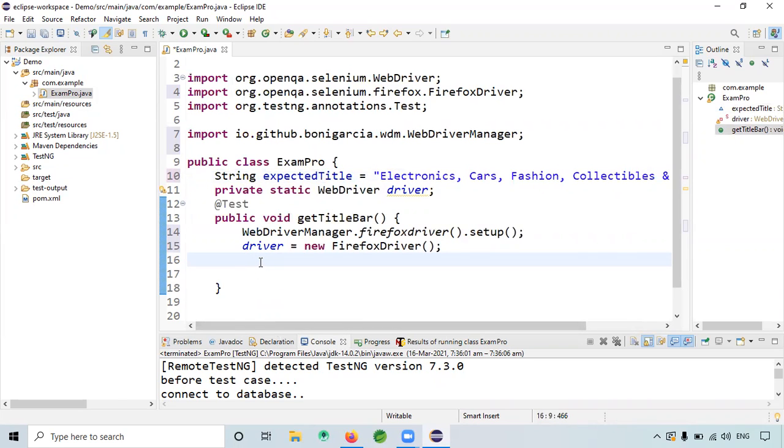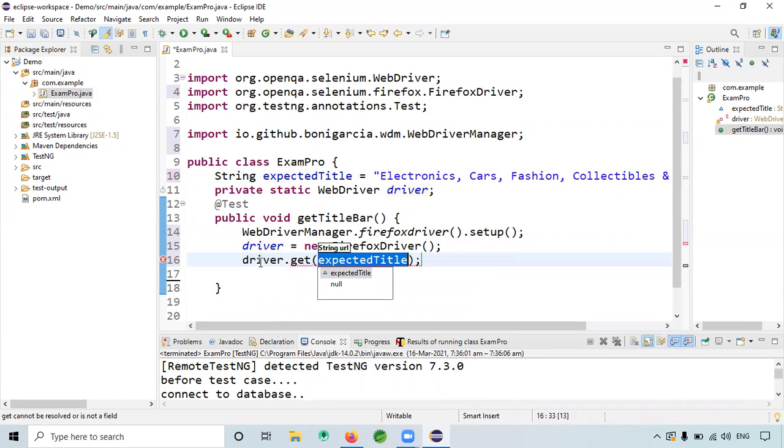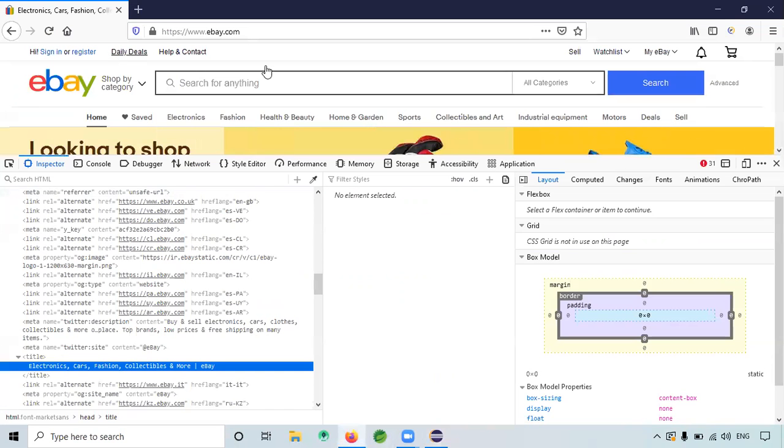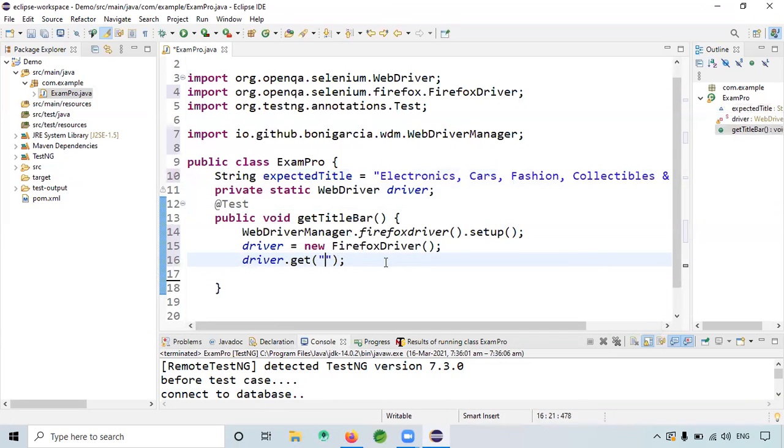Now what I have to do, I have to go to that site, right? So for that, I will give driver.get. Within the string, I will give ebay.com. Now after going to ebay.com, I have to get the title, right?